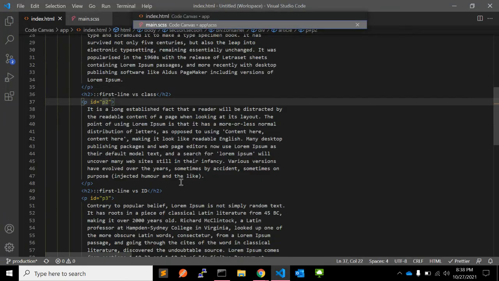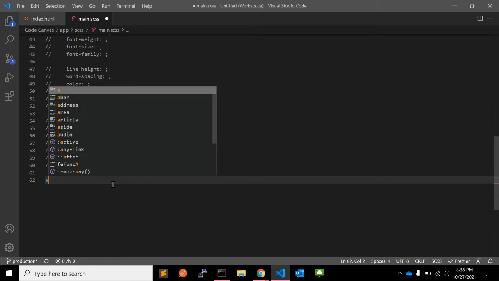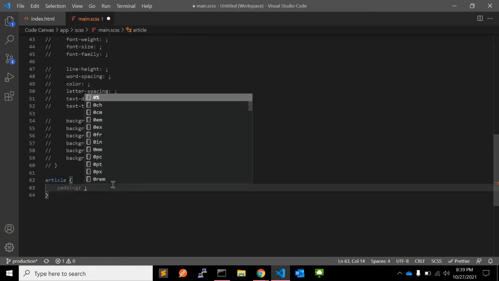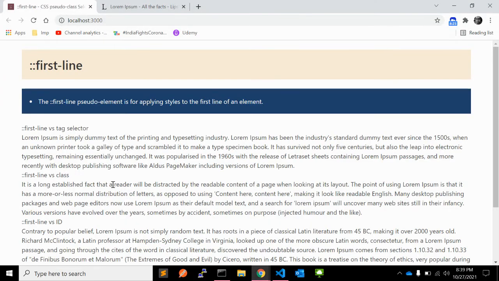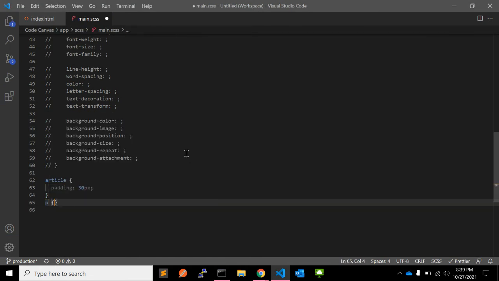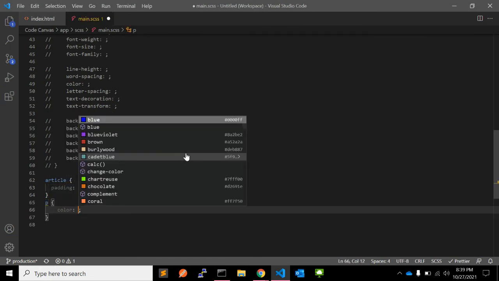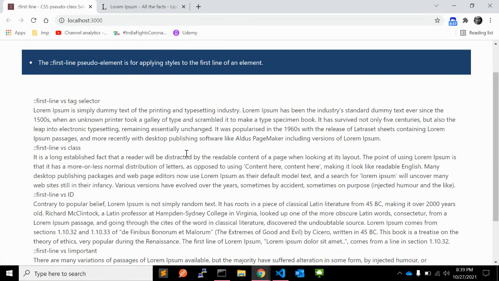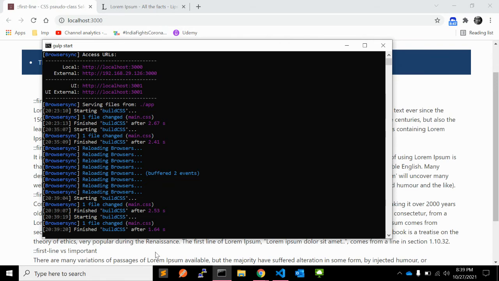For example, let's write some CSS for the article. Let's give some padding, for example 30 pixels, to make it look better. The paragraphs, all the paragraphs, let's give color, for example #444, and see how it looks.